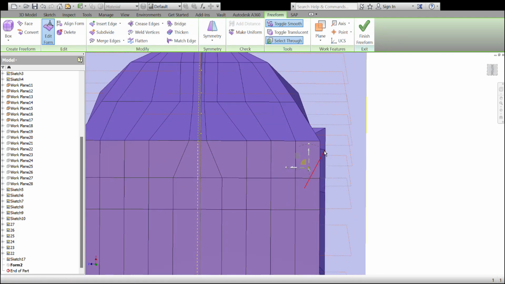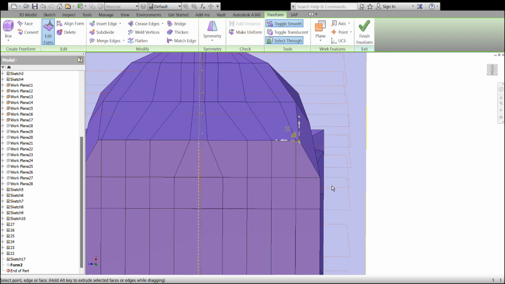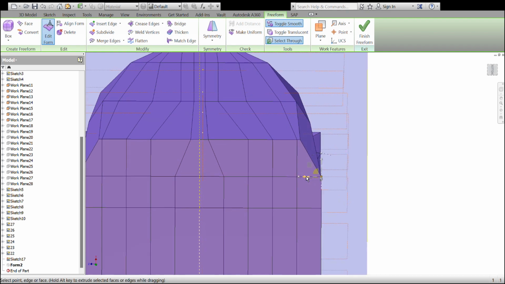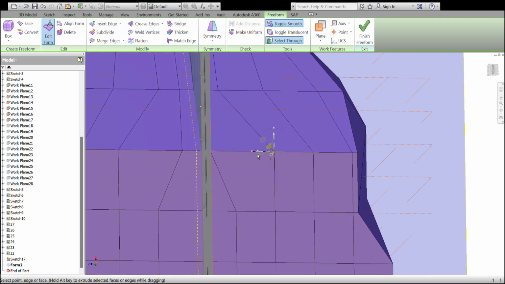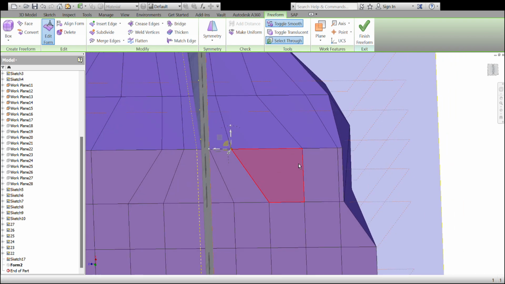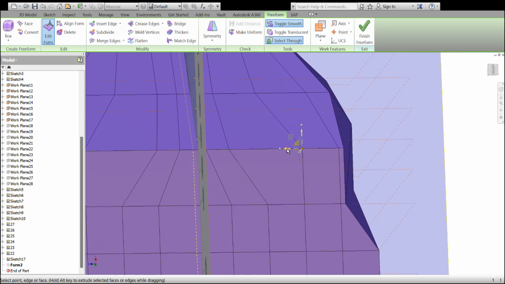And we may also try here to start forming the bottom section here. So maybe you see where we get